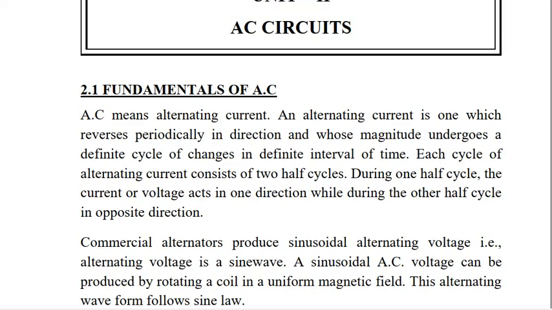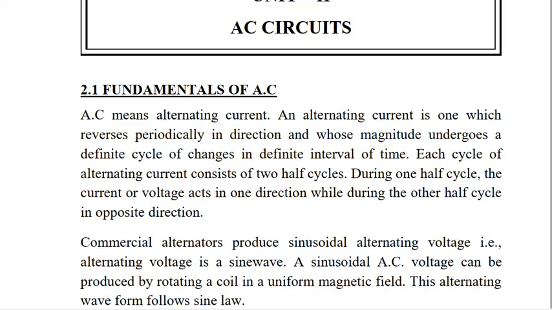Coming to the AC circuit, they will mention the voltage rating as well as the frequency and the current rating, everything. AC means alternating current, which reverses periodically in direction. Reversing periodically in direction means, for example, first it is going towards positive, and next it goes towards negative, and this process is repeated. For a particular duration it achieves some shape, and the same shape is repeated infinitely.